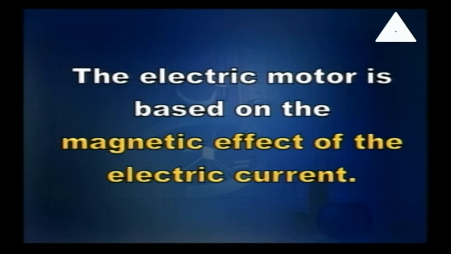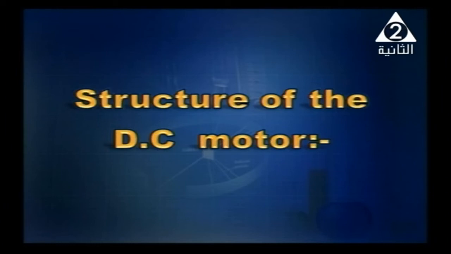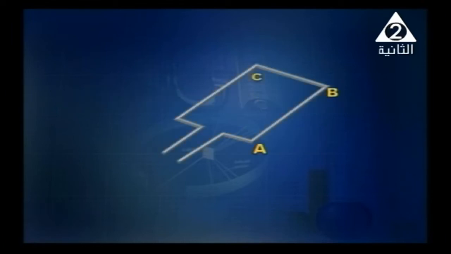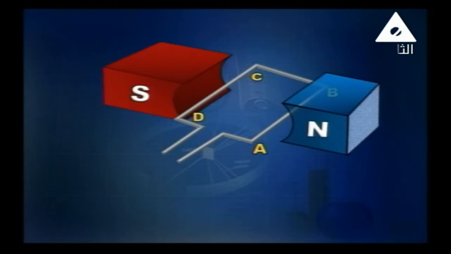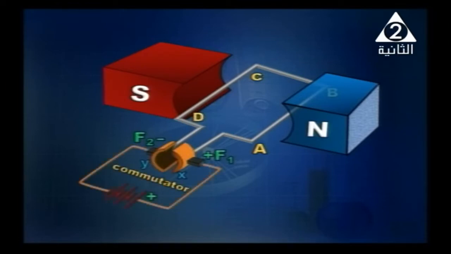And now, what about the structure of the DC motor? In front of you, you'll be able to watch the structure of the motor in its simplest form. So we've got a coil that rotates between the two poles of a magnet. And we've got two brushes, a commutator and a battery. So once again,